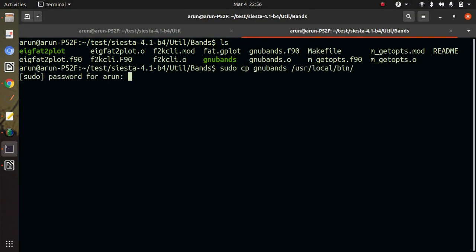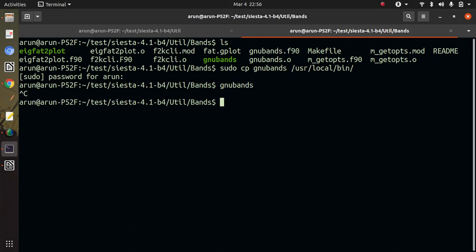So you have to give this command. Now from everywhere you can give the command GNU Bands, right? In a later lecture I will tell you how the band structure and the projected density of states will be plotted. Similarly, you have to copy every executable from here to the user local bin, so that from everywhere you can run these utilities.